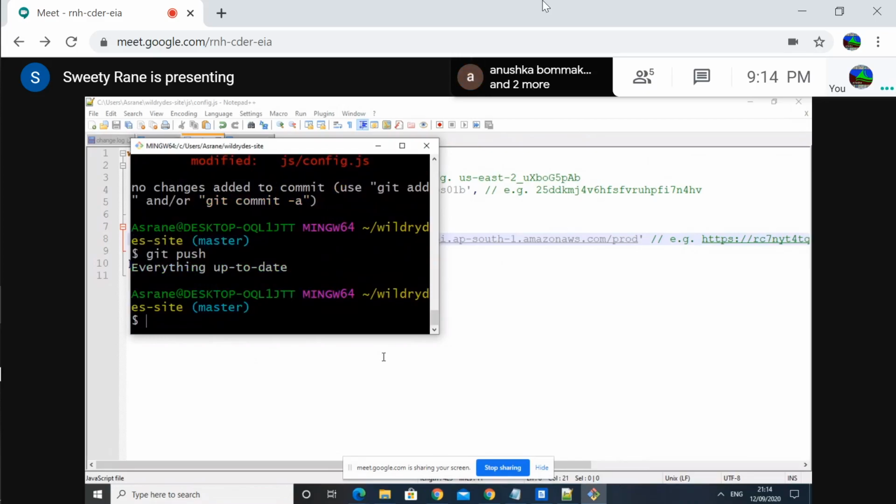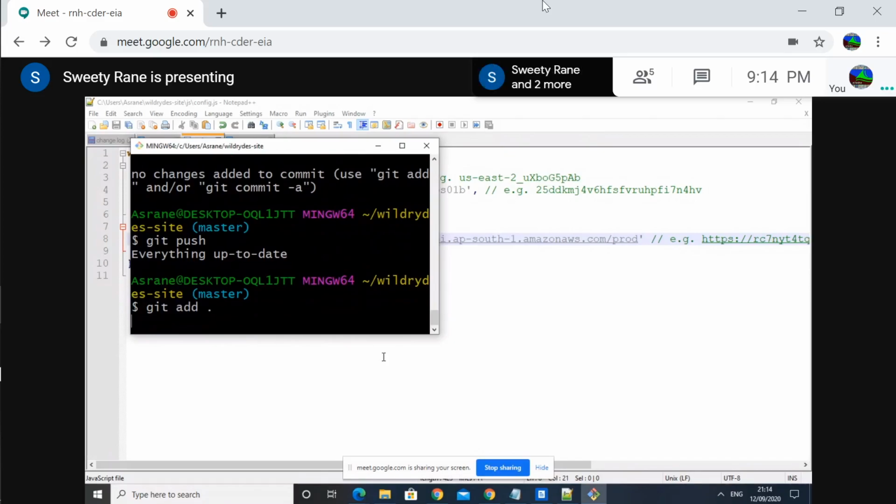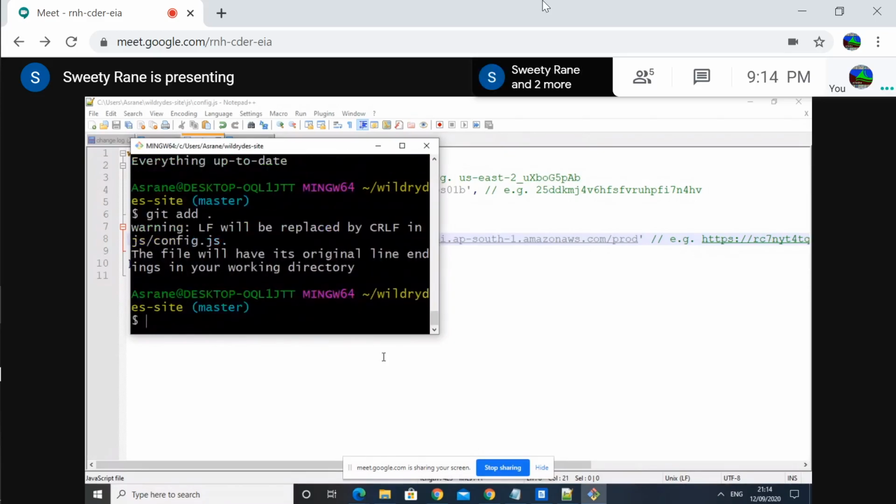There is something wrong. Repeat those three commands: git space add space dot, enter. Yeah, git space commit space dash m space adding API URL configuration. No, put it within quotes.